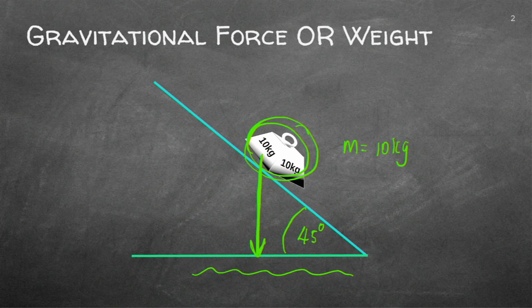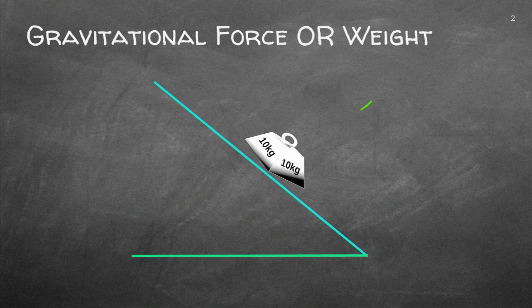Now, in this section, we will have to take that force and actually find the components of that force. If I quickly take you back, if I had a force like that, can you remember that we actually found a horizontal and a vertical component? Now, in this case, we've got the weight and we want to find the two components. It cannot be horizontal or vertical because I've got this slope here. And we are now going to find the components of the weight.